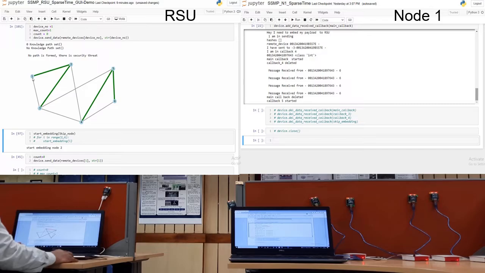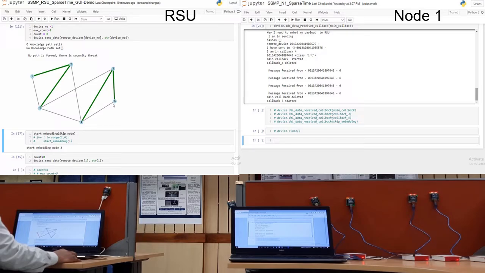What would have happened in this case? Node 1 has prepared its payload and forwarded the packet to node 2. Node 2 has increased the hop count and done the double edge embedding, that is edge 1 2 and edge 2 3, into the Bloom filter, and forwarded it to node 3. Now node 3 is skipping, so instead of doing any kind of processing on the packet, that is increasing the hop counter, it just forwards the packet to node 4. Node 4 will increase the hop count now and forward the packet to node 5. Node 5 will do the double edge embedding, that is it will add the edges 4 5 and 5 6, increase the hop count and forward it to node 6.